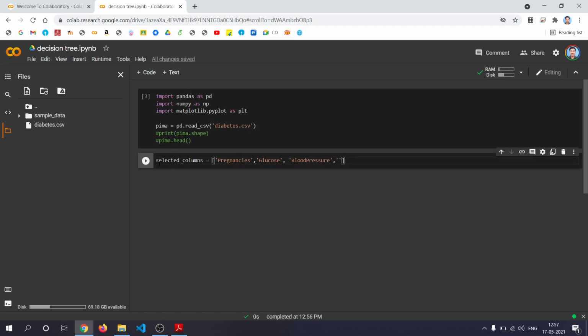We'll select only a few columns, that's what I'm doing.